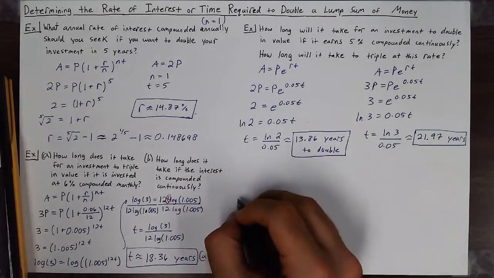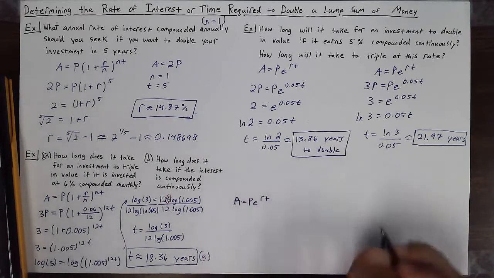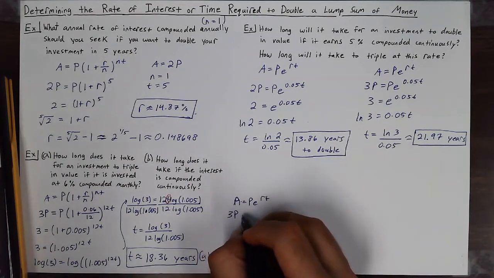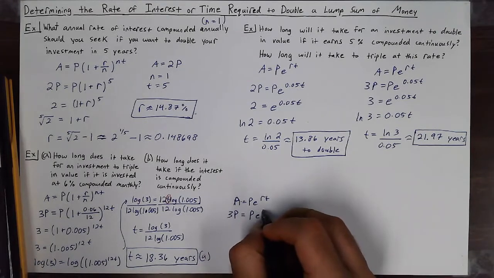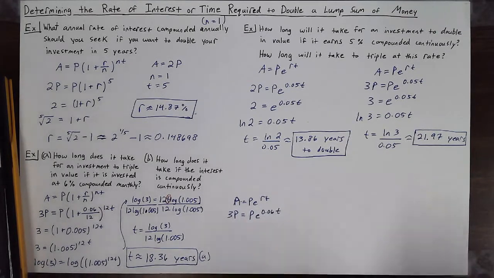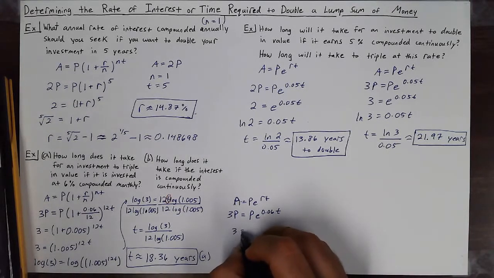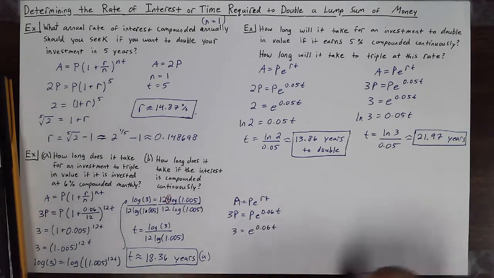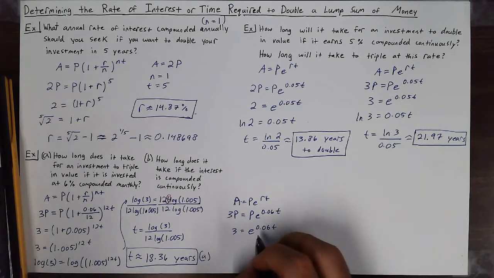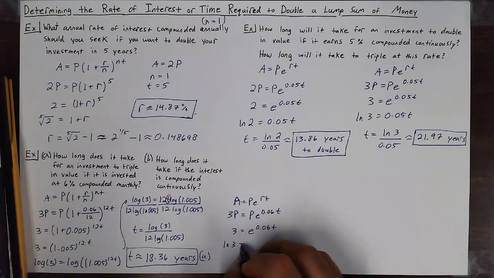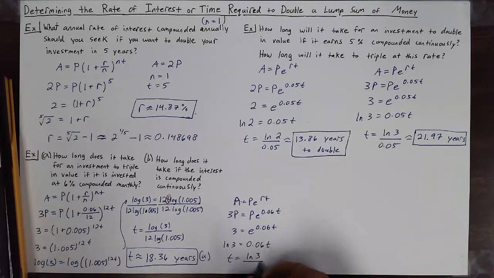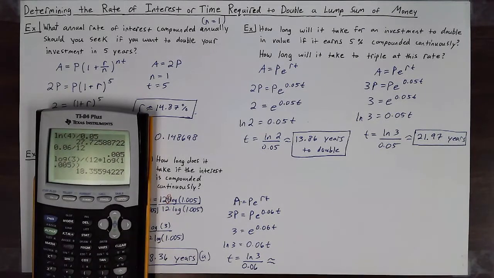Now for part B, I'm going to use the formula A equals P e to the rt because I'm compounding continuously. So I want to triple the investment, e to the 0.06t power. Divide by P, we get 3 is equal to e to the 0.06t. We'll switch to logarithmic form, so we get natural log of 3 is equal to 0.06t. t will equal natural log of 3 over 0.06, which is approximately